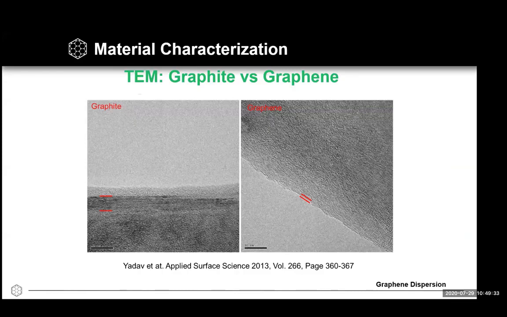If you look at this slide, the left side image shows the graphitic structure, where you can see we have more than thousands of layers, stacked on top of each other. However, when we look at the right side image, you can see we have just a few layer graphene. So the TEM provides you information regarding their morphology and particle size distribution, but that information is not enough to get an idea about what kind of material you are dealing with. So you require some further